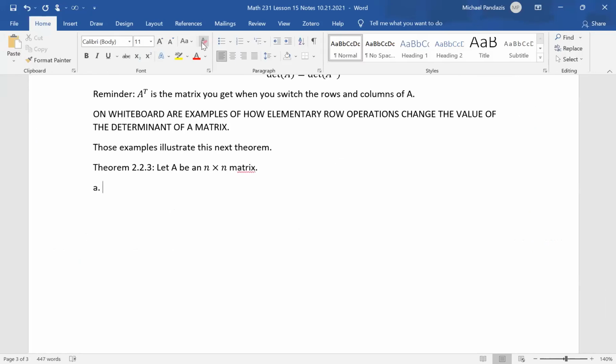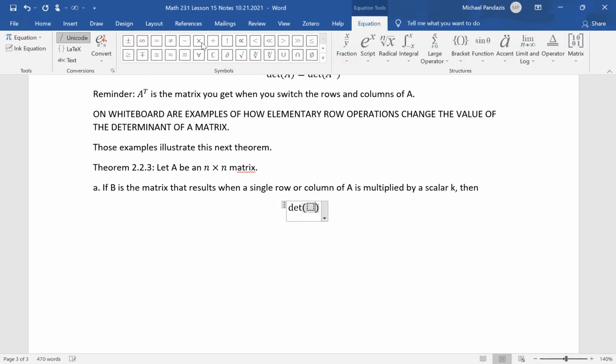Part A: if capital B is the matrix that results when a single row or column of A is multiplied by a scalar k, then the determinant of B is equal to k times the determinant